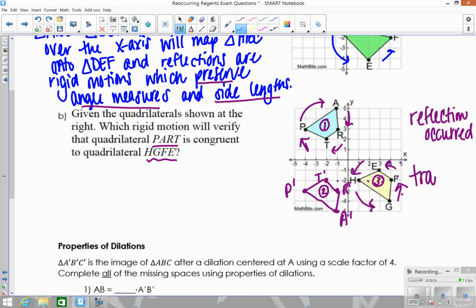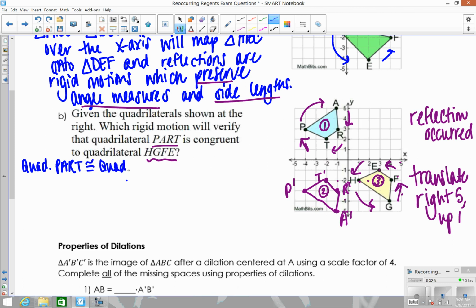So translate right 5, up 1. And you should just check it for some other points too, make sure it works. So A prime would be 1, 2, 3, 4, 5, up 1. So it does work. So to write this up, I can say that quad P-A-R-T is congruent to quad H-G-F-E because a reflection over the x-axis